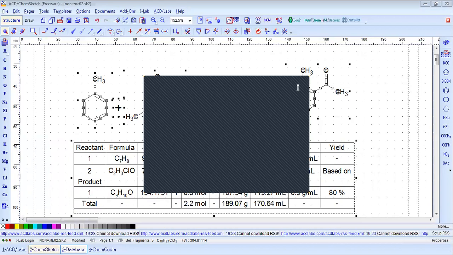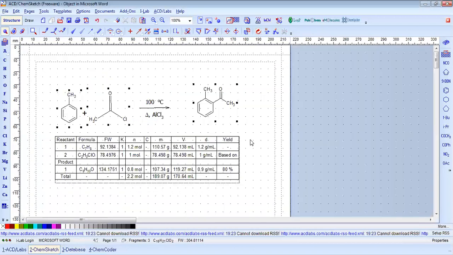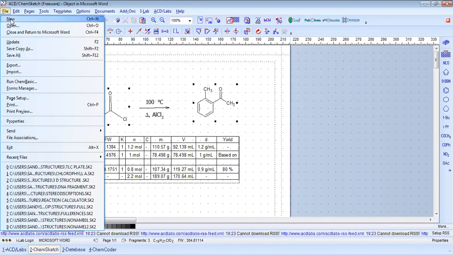Suppose later on you observe that something is wrong with this particular structure or some values are wrong. What is the solution for that? It's very easy. Again, double click on the structure, so ultimately we will get the original file. From here you can change anything and again use that particular structure. So by using the reaction calculator or reaction arrow, you can find out the yield or all the other related things.